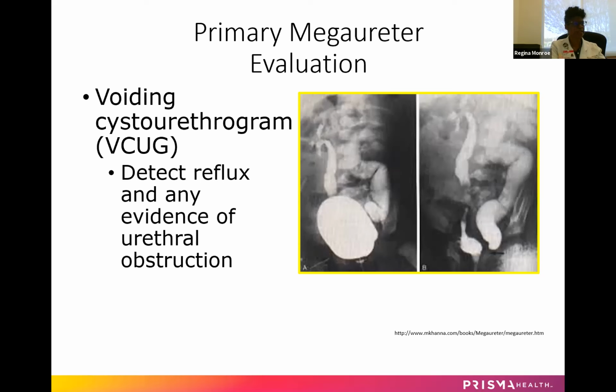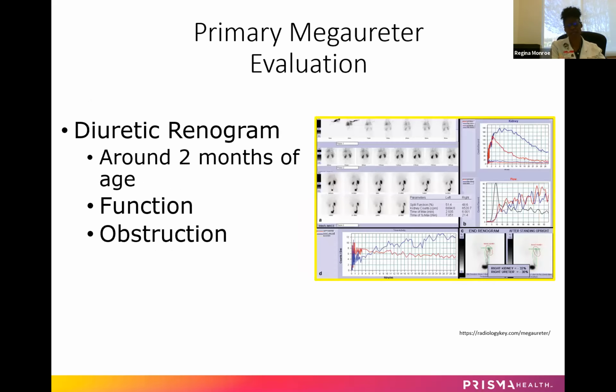Renal scan also can be part of this evaluation, the diuretic renogram. We typically would not perform this study until after the child is at least 2 months of age, so that the tubules are mature enough to handle the tracer. We typically use MAG3. And this study, in my own practice, if I do an early renal scan, it really